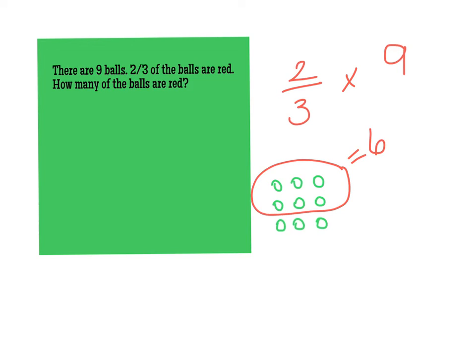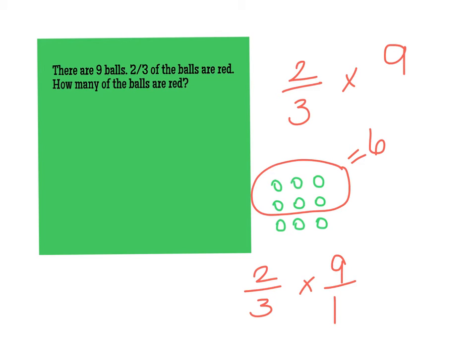Or I can do 2/3 times 9 over 1. 2 times 9 is 18. 3 times 1 is 3. 18 divided by 3 is 6. Same answer. Now, just to show you what the cross canceling would have looked like,